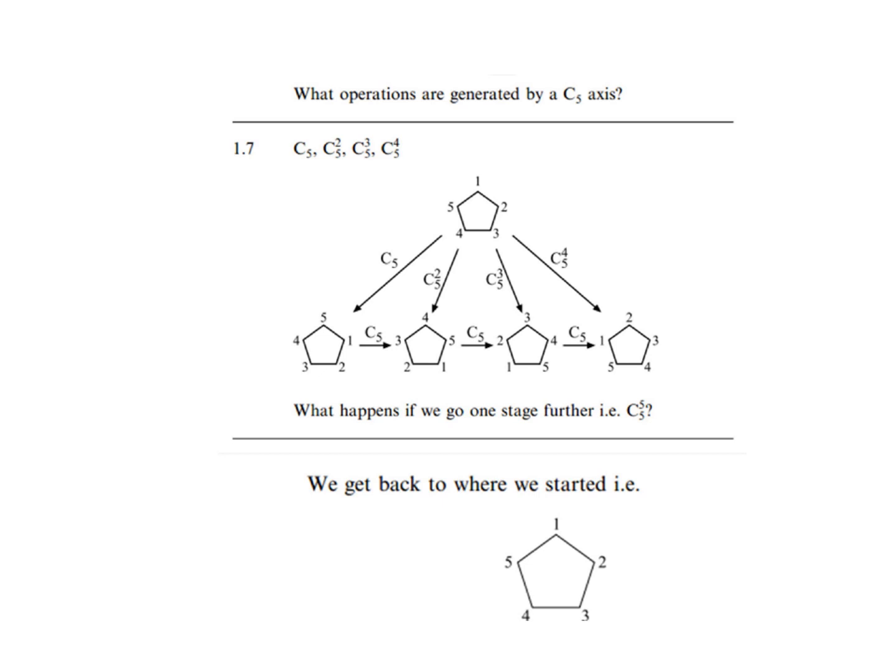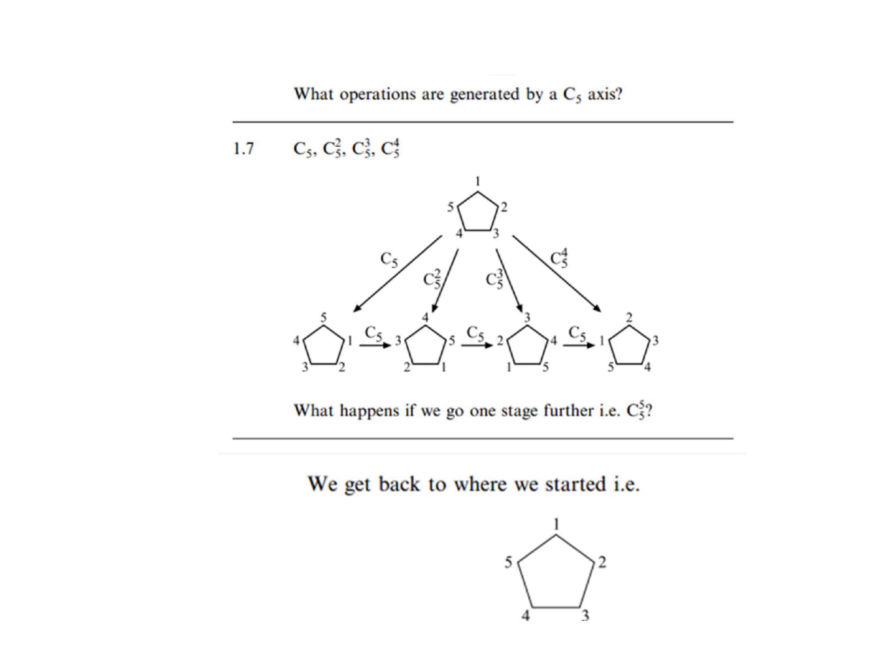Carbon number 1 moves to the position of the second carbon, the second moves to the position of the third, the third to the fourth, and the fourth to the fifth. This is the C5 rotation performed once. Now let's do this again. It means that we again perform a C5 rotation, and this will be C5 twice. Nothing happens except that the positions change again. The first carbon atom, which took the position of the second one, has now taken the position of the third carbon atom. The second one has also moved, and so have the third, fourth and fifth.